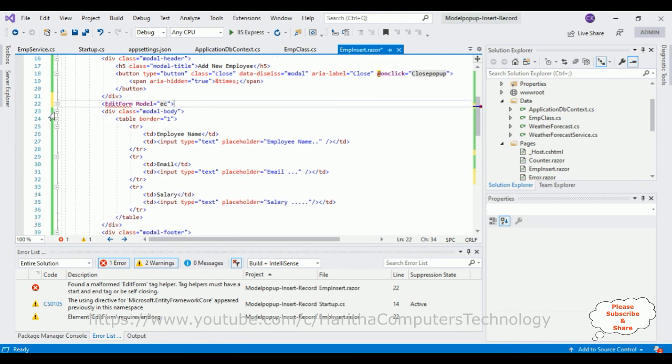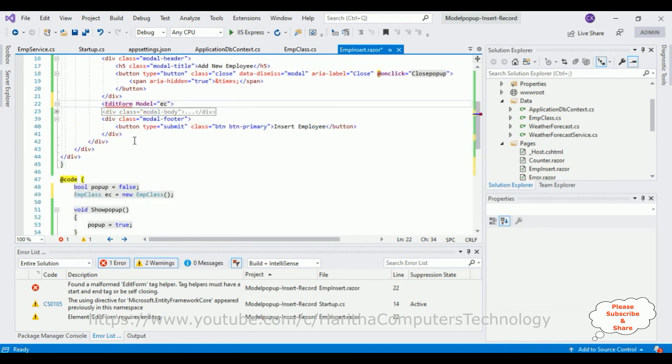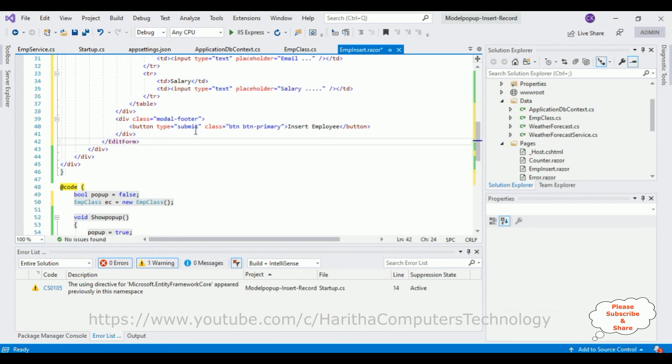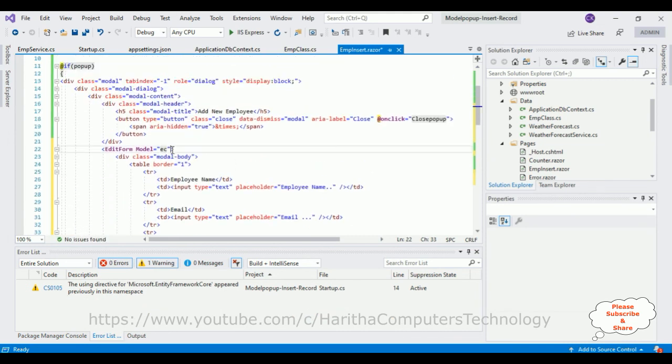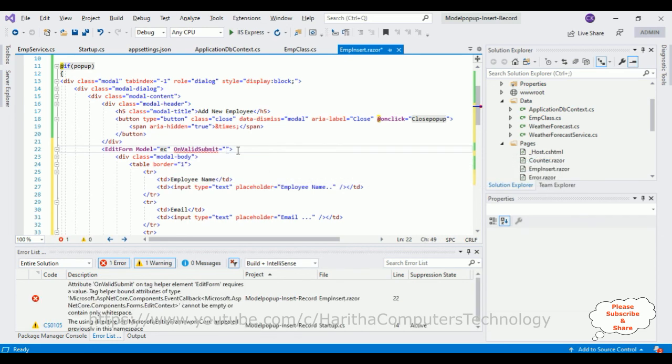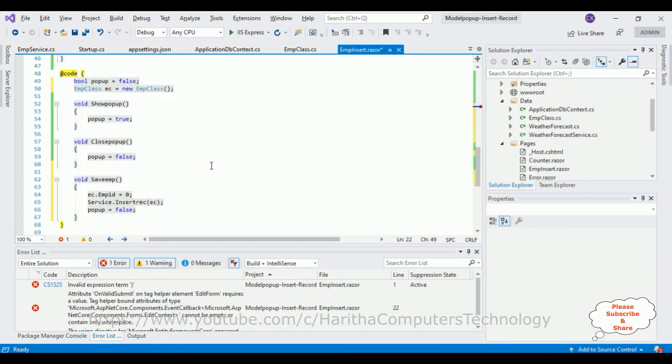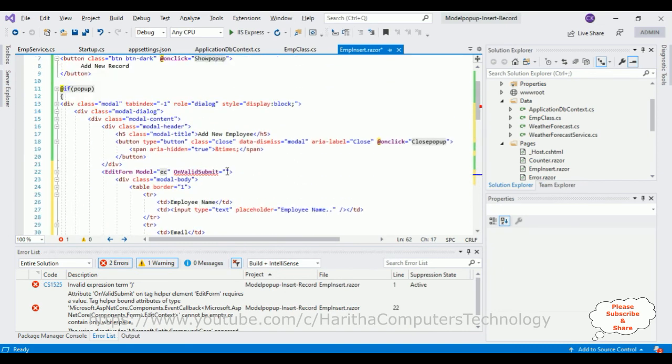At the end of this button control, so here we'll add this here after the button control, and we require the OnValidSubmit here. OnValidSubmit is equals to, we need to add this function SaveEmp. So copy that one,